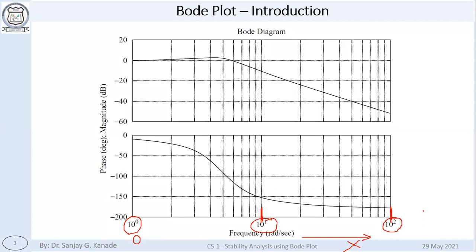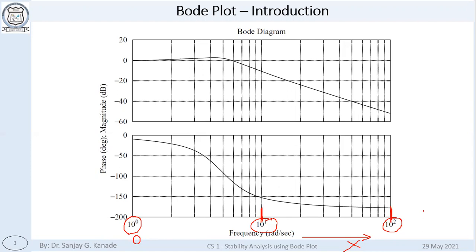If I want to plot the same thing on a regular linear graph or standard graph paper, if let's say I want to plot frequencies from 1 hertz to 10,000 hertz, so what will be the scale for the smaller frequencies and what will be the scale for larger frequencies? The scale will be same, and because of that, smaller frequencies will be all congested and we will not be able to see the differences. That is the advantage of using logarithmic scale.